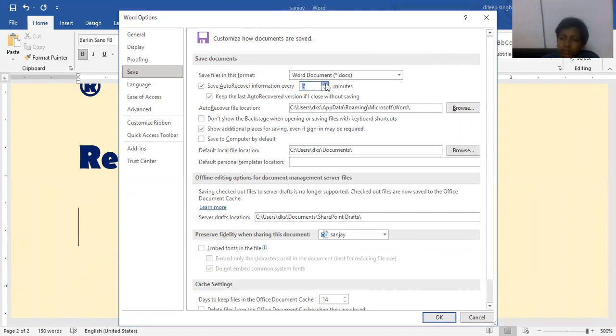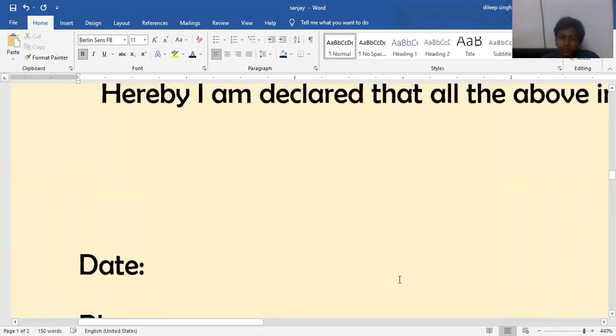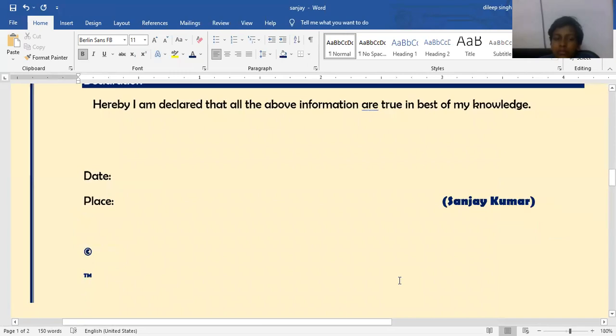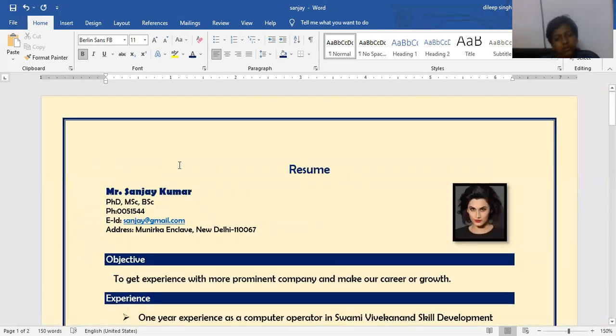Here we set the time and it will automatically recover or auto save the document, which helps you preserve all your content without any saving. But you should know very well the repetition of the saving step after setting your time. So here we set 5 minutes. It means after 5 minutes of working, it will automatically save the content in your document. Clear concept? Yes, sir. Okay. And these are all about MS Word.